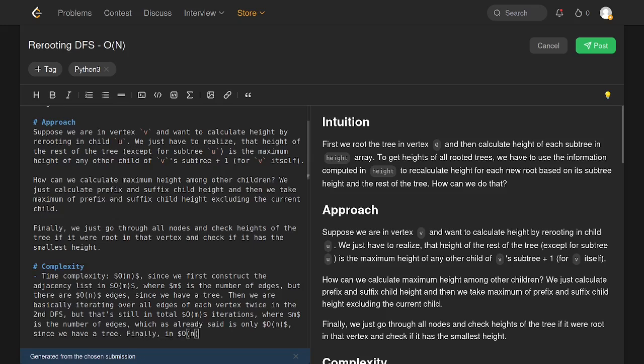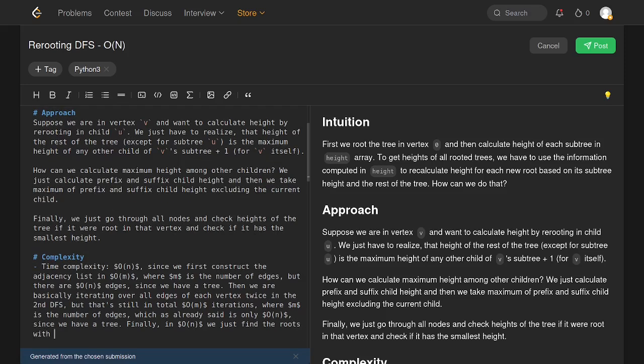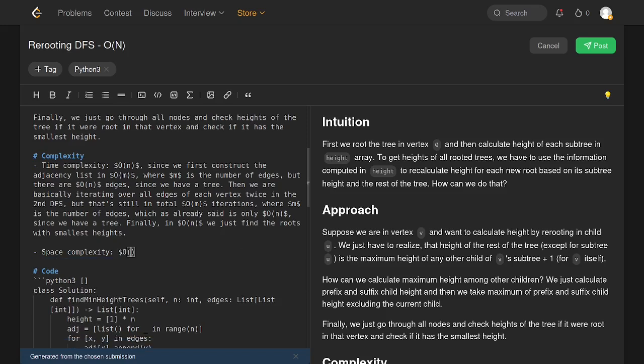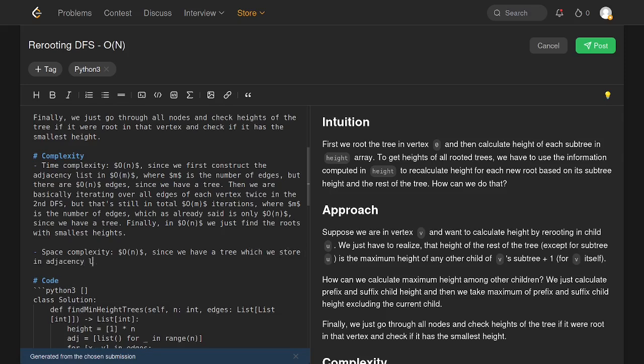Finally, in O(N), we just find the roots with smallest heights. Space complexity O(N), since we have a tree which we store in an adjacency list, and